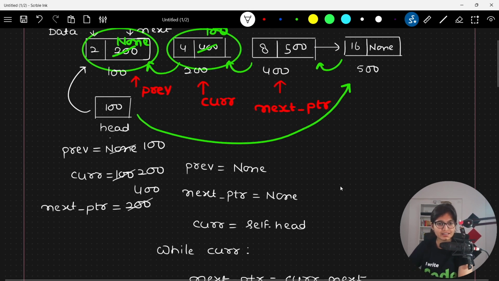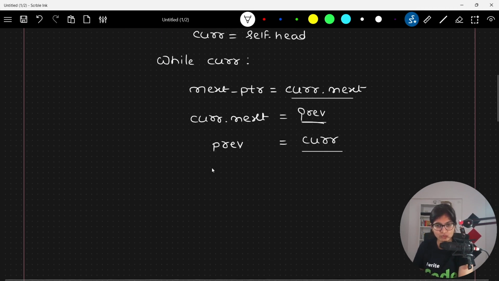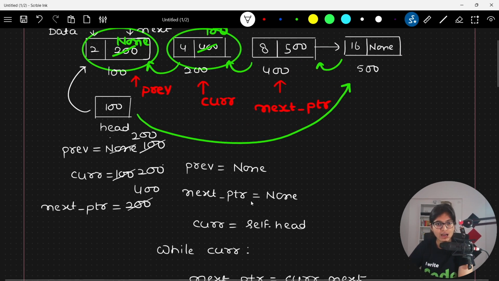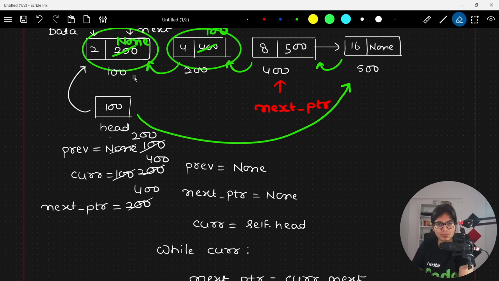So what is the value of the current? It is 100. Now this current value 200 will get changed here. And the value of the next pointer, so here I didn't mention that. So now the current is equal to the next pointer, which is what we are doing as a very last step. So now the value of this 400 will become current. So again there will be an update of the pointers now. So what will happen? Finally, if you will observe here, 400 will become my current, 200